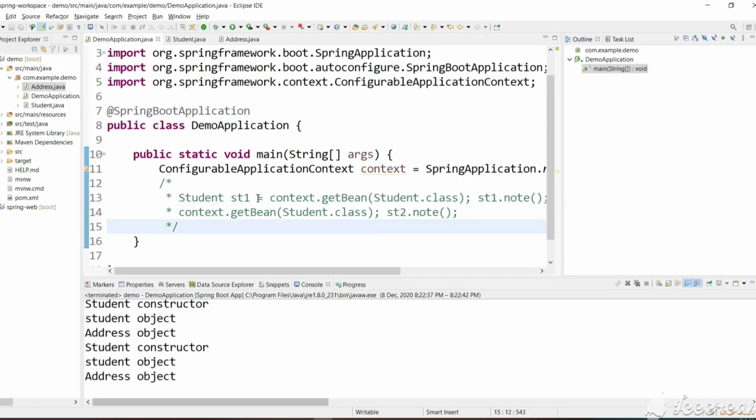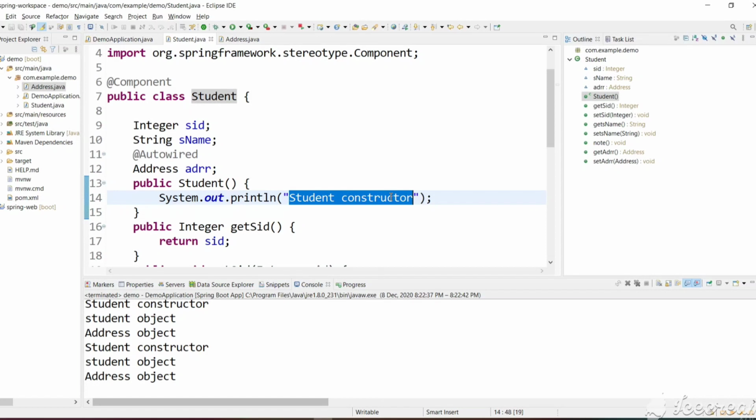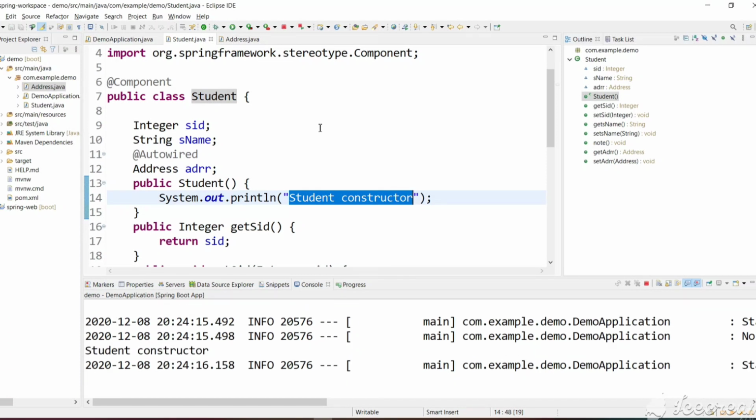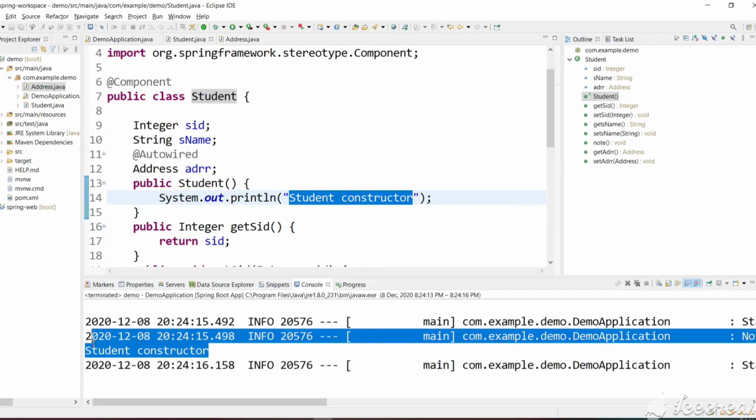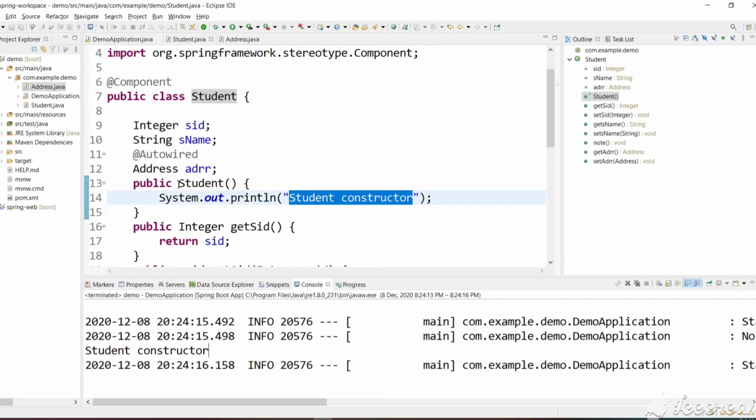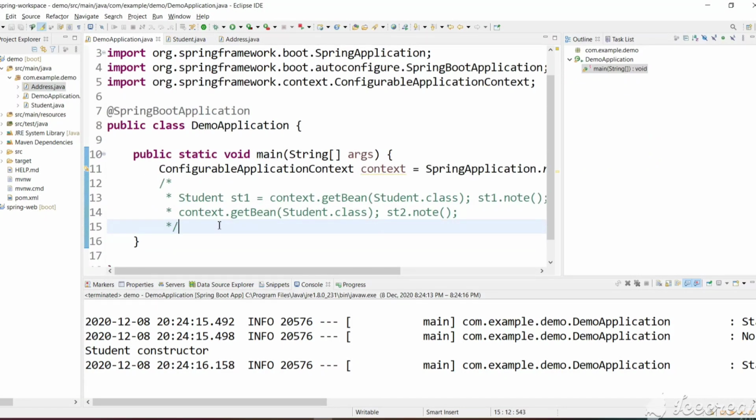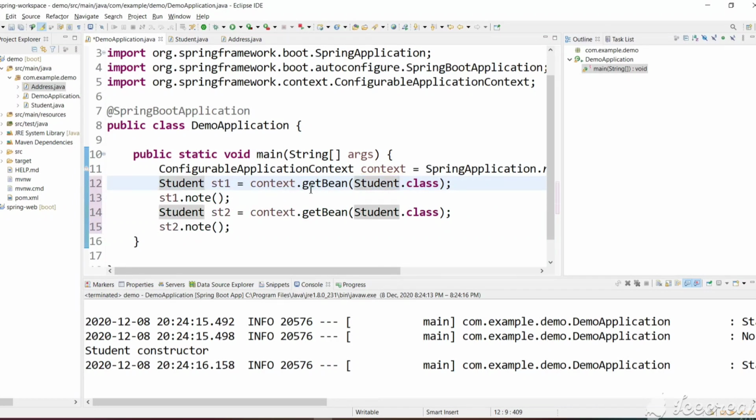We are not requesting any object of the student, but if we get the output as student constructor, it means the Spring framework creates it before and keeps it in the Spring container before requesting. Let's run this project. As you can see, we have got student constructor. It means the Spring container creates a student object and keeps it in the container, and as soon as we request an object with get bean, it will search from the container and give the same object.